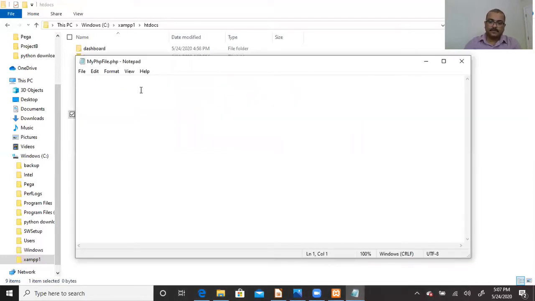PHP is also a scripting programming language, and we are going to write it inside the HTML. Therefore, first you have to start from the HTML. Body.